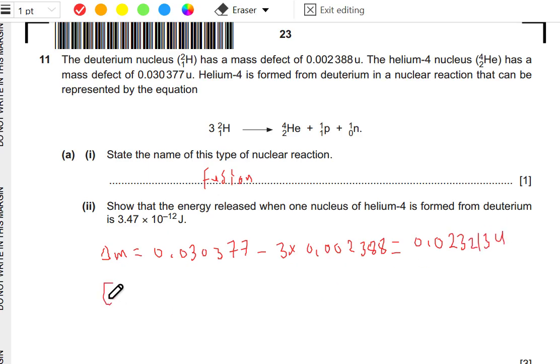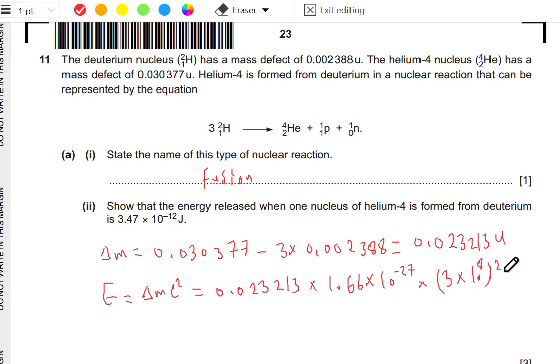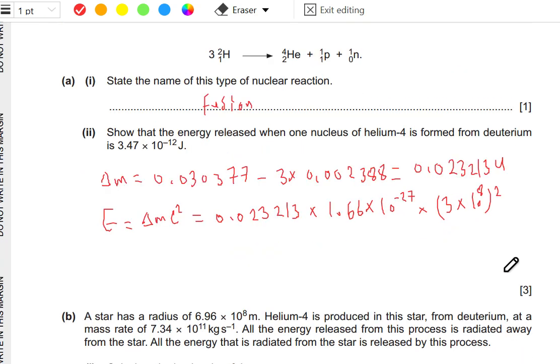After that, I'll get the energy released as this difference multiplied by speed of light squared, but before this we should convert it to kilogram to have our units all in SI unit, and we will get E to be like